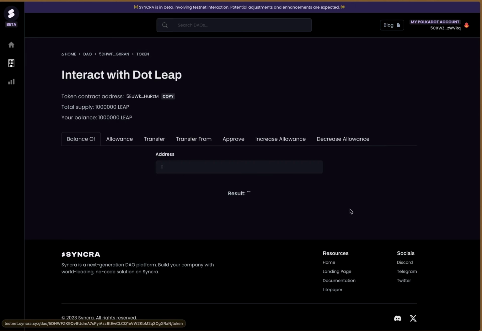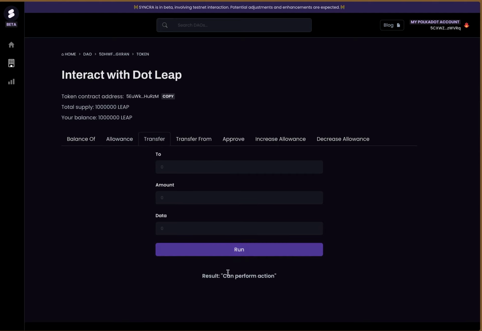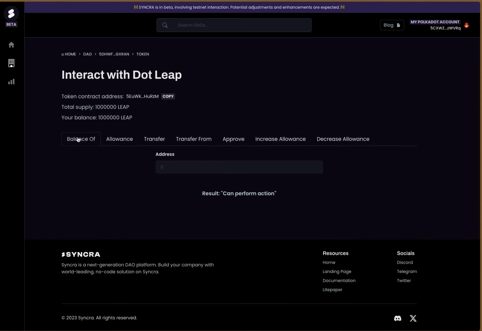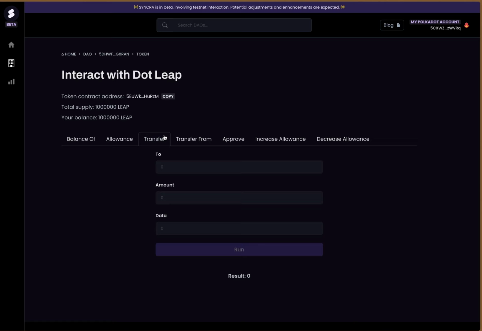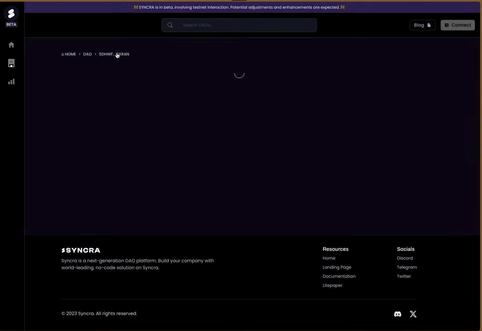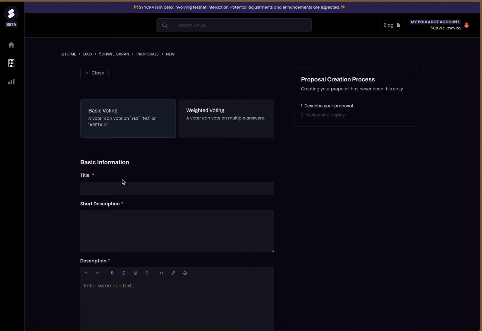So we now have this DAO. We can interact with the .lib token. We have the ability to transfer tokens. This is probably some debug text. Okay, so these are very basic. This is essentially reading the metadata of the contract and just turning it into a very rudimentary UI. Really useful for quick operations, nothing more than that. The websites are here. Favicons have not been loaded in, so this is something that the team might want to work on, but let's try and make a new proposal right now.